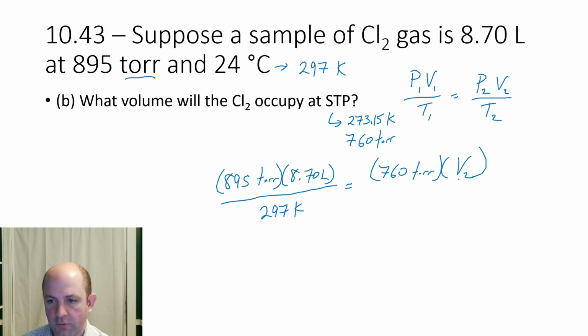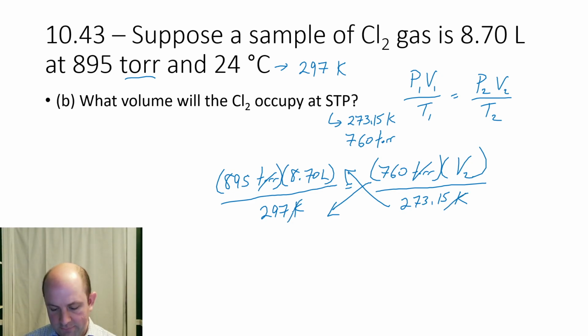V2 is what we're solving for, and then T2 is 273.15 Kelvin. Now to solve for V2, the 760 is going to cross down, the 273 is going to cross up. So we'll take 895, just also cross out units while we're thinking about it, Kelvin. So 895 times 8.70, and then times the 273.15 crossing over. Now we'll divide by the 297 Kelvin, and we'll divide by the 760 crossing over, and we'll get that V2